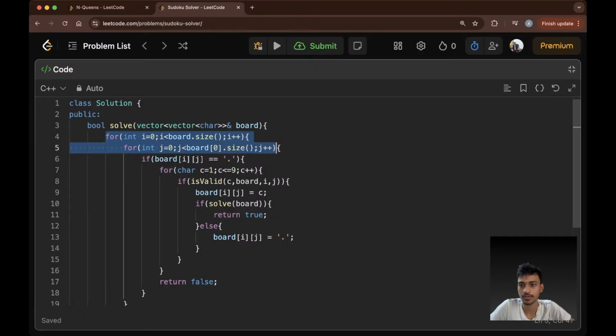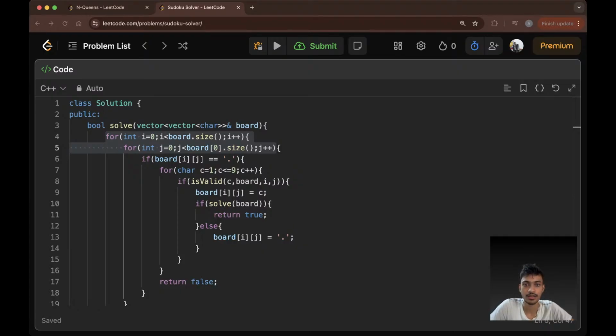After filling it up, it will check for all the values where the empty space is, and if it finds another space, it will try to fill it up with all the choices. If we can't find any choice, let's say we can't find any choice, it will return us false,